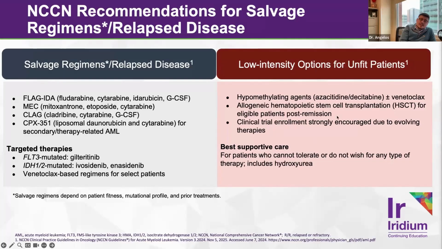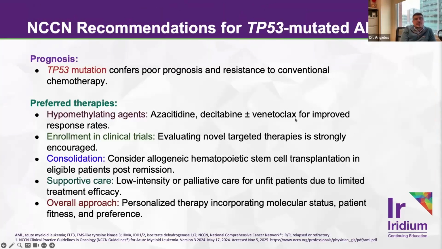I would say in situations like these, there is high emphasis on trying to get patients to a tertiary academic center, and then strong consideration for putting them on novel investigational agents as part of a clinical trial. Fortunately, TP53 has been a tough nut to crack. We've had a variety of different immunotherapies that we thought perhaps were going to show benefits as compared to standard of care options. None of them have really come to fruition yet from randomized trials. And so again, if you have a patient with TP53 mutated AML, it's always best to refer them to a tertiary center for consideration of novel agents.